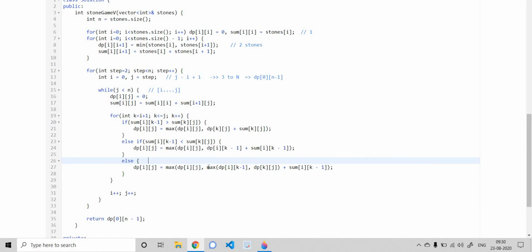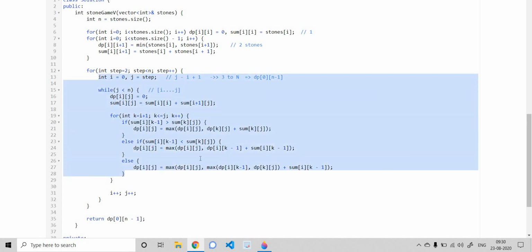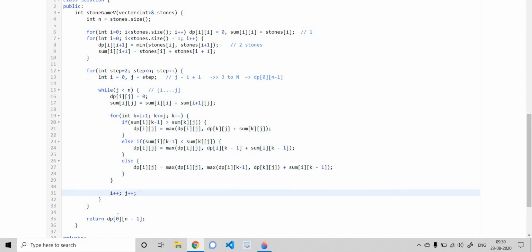Now I want to choose the block I want, not me, like Alice wants to choose the block from which Alice would be able to get the maximum score. So we are seeing from where we would be able to get the maximum, either from the left part or the right part. I'm adding that and adding some value, that is the score obtained in this current round. So we will just do this, and at the end we are sure we would be able to find out the answer in DP[0][n minus 1].